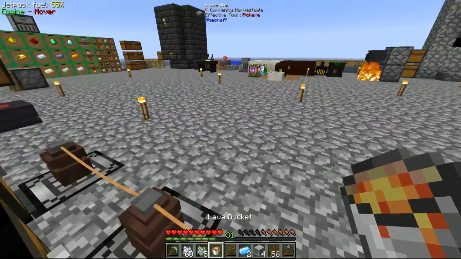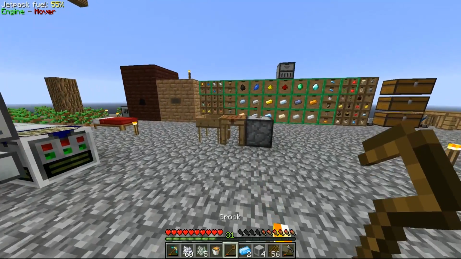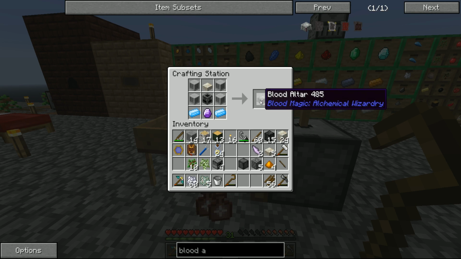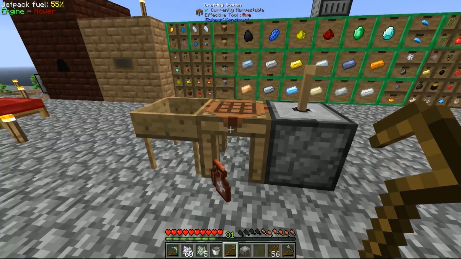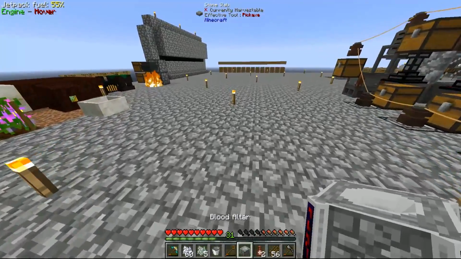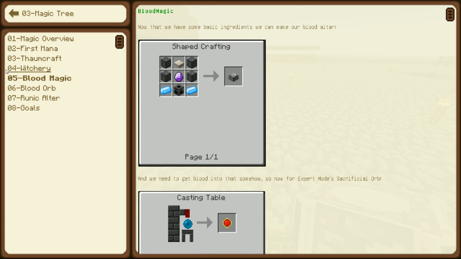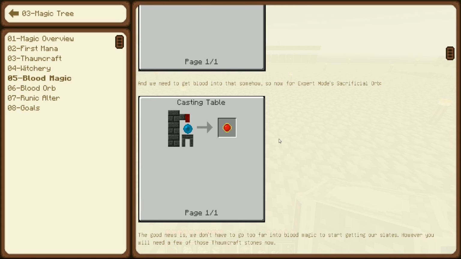So let's quickly grab one of you, run back over to the crafting station, do something like this, boom, boom, and boom, take our attuned stone and craft it up with everything else, and we should get ourselves a blood altar. Nice. And all we need to do now to actually get some use out of our blood altar, if we go back over to the guide here and look under blood magic, is make ourselves one of these,